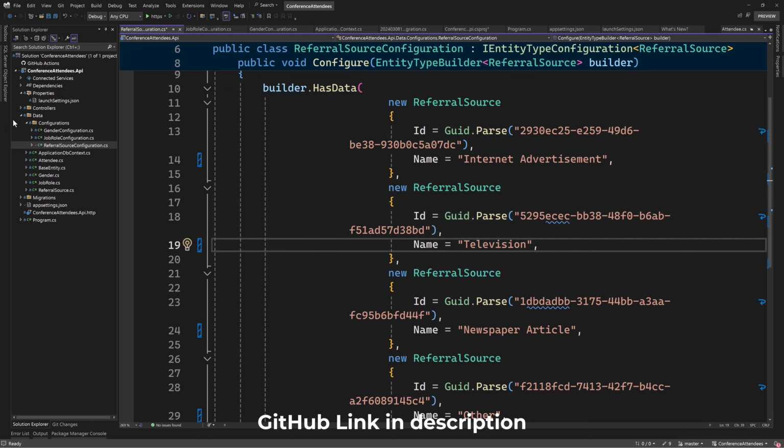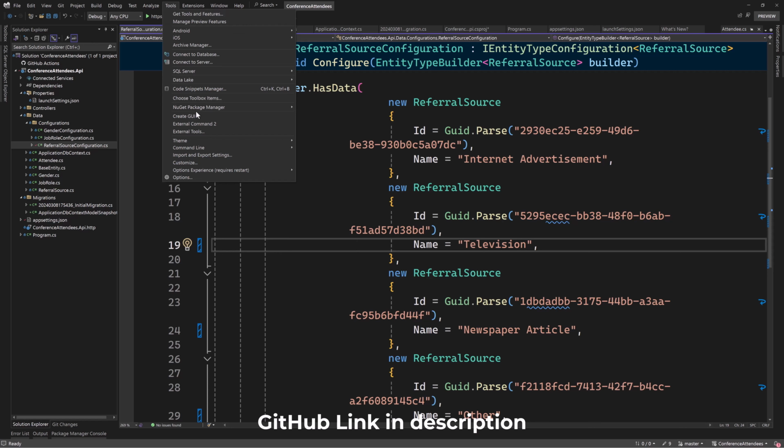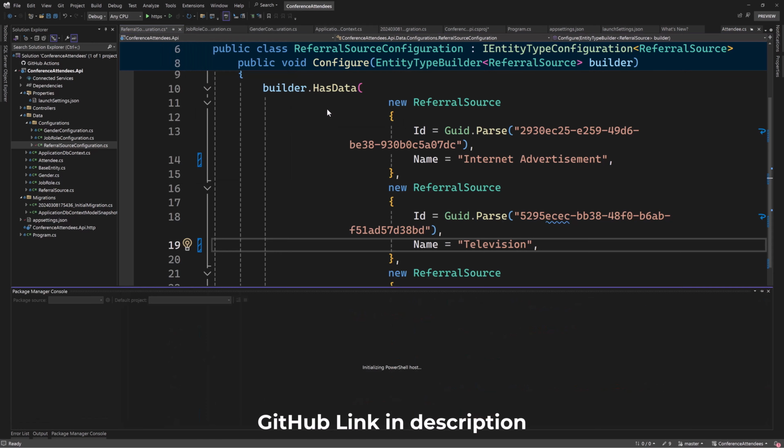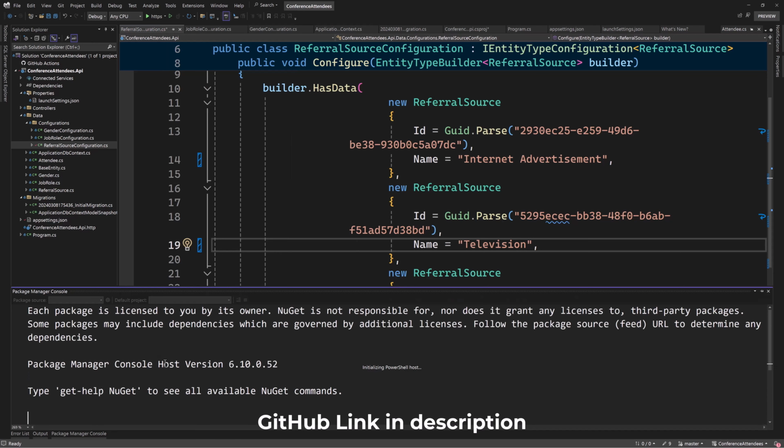So since we set up all of the configurations and tables, the next thing that we want to do is add a migration. If you're not familiar with the process of adding a migration, if you're using Visual Studio, you can use the Package Manager console, and you get to that by going to Tools, and you get Package Manager and the Package Manager console. And once that launches, you can do add-migration and then say something like initial migration. I would suggest that you don't put a space in the migration name,